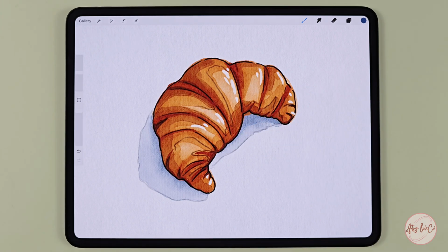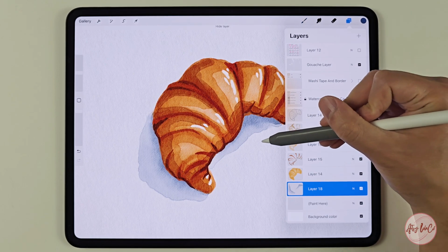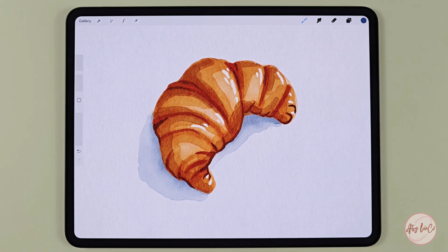Now to see the final finished product, we're going to remove the sketch by simply going to your sketch area and unchecking the checkbox. And there you have it,